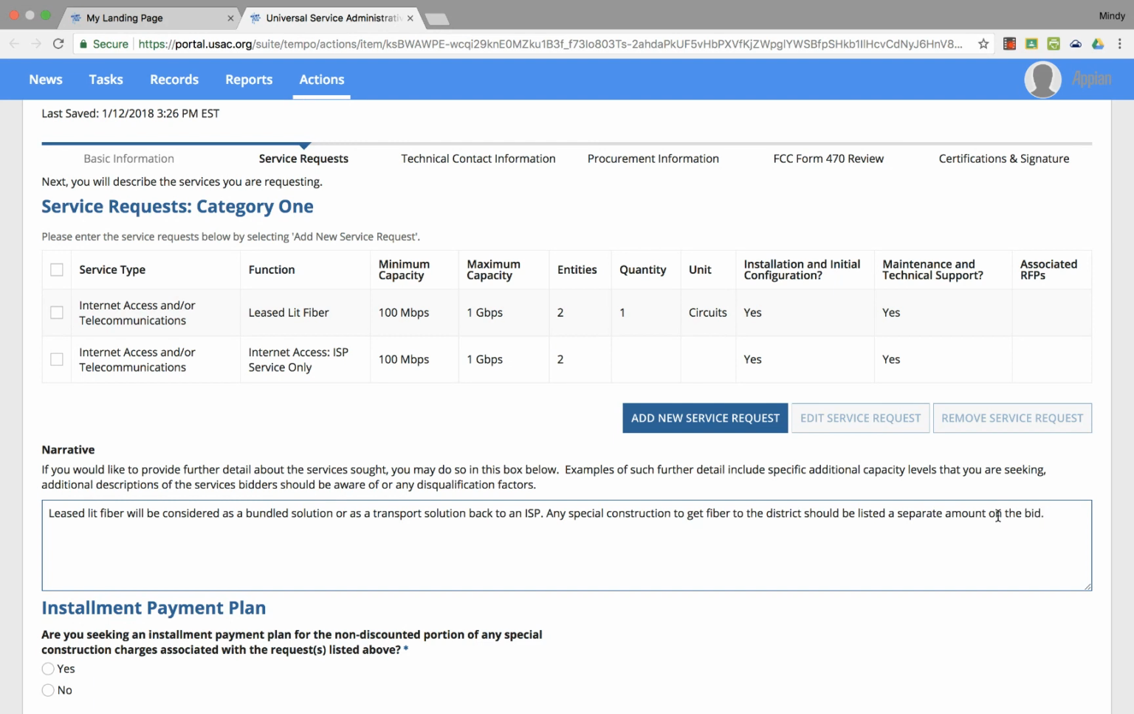And the reason why we want this listed as a separate amount is because when we get to the 471, we will have to list that as 2 separate FRNs this year. One for the special construction and one for the monthly cost. It also will make us eligible for the state matching grant here in the state of Illinois. And so if we have that special construction spelled out, we may be able to apply for state support for